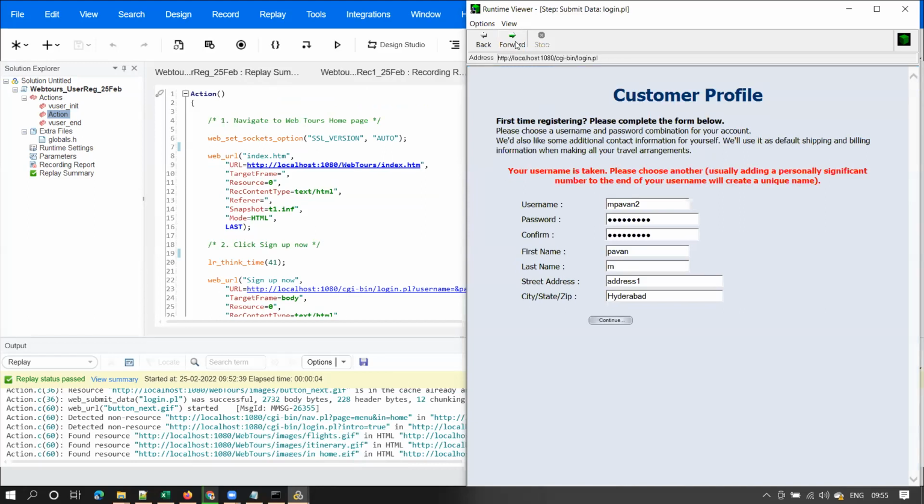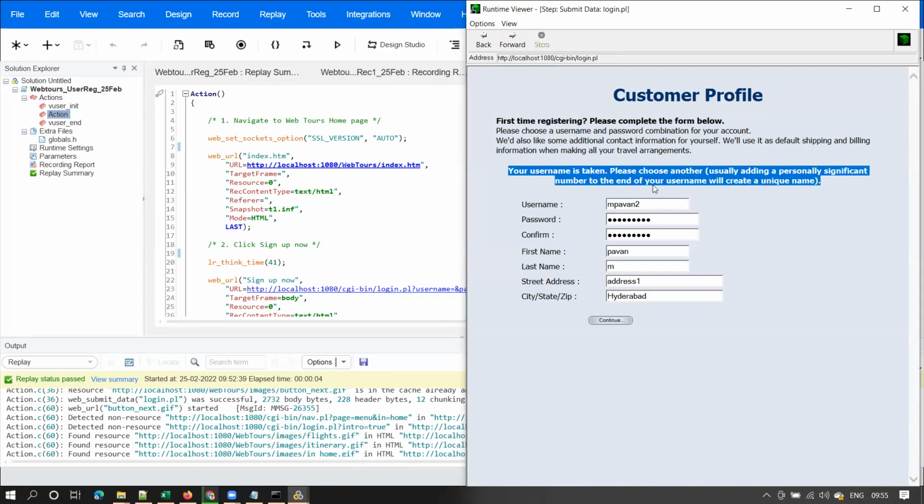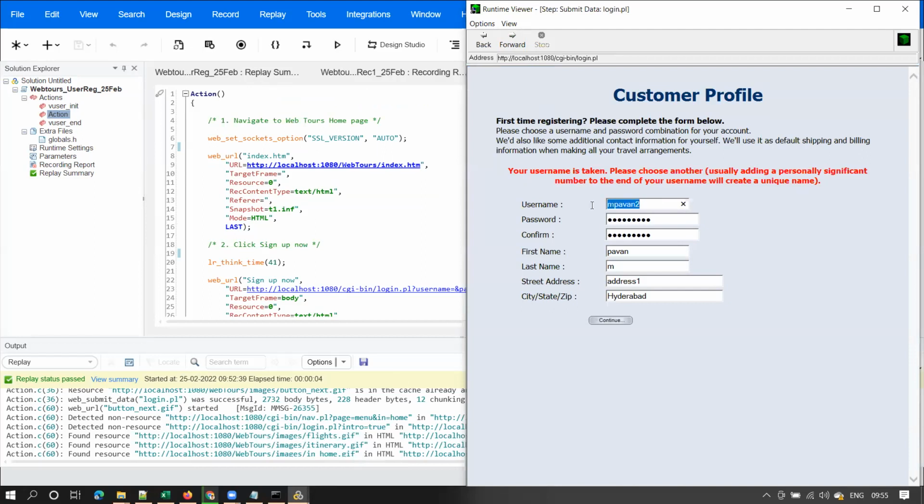Again, once you click on forward now, observe here, what is it saying? Your username is already taken. Why? Because when I recorded the script, I already used this username, and I cannot use the same username. If you create a Gmail ID with some name, no one else can create with the same username.